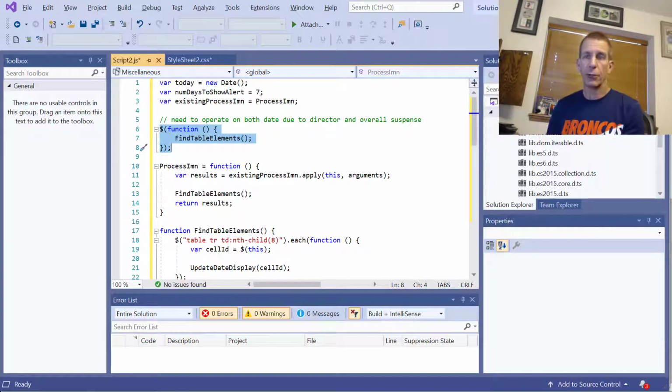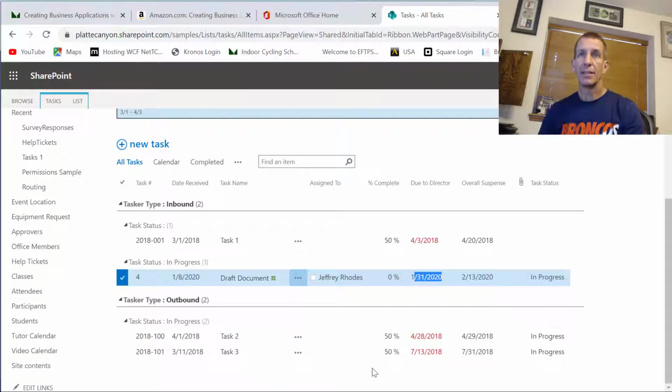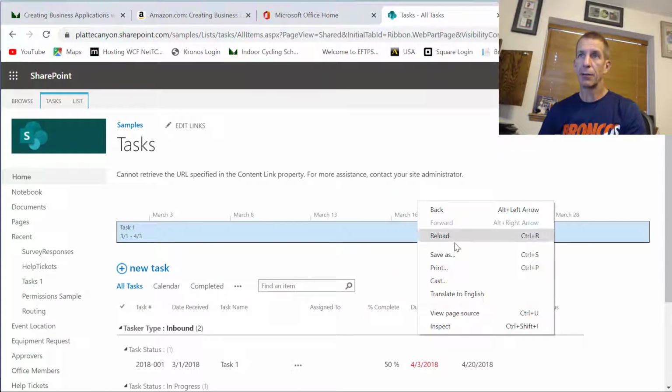So it's a shortcut for document.ready, and it basically says right when the page is completely loaded, once SharePoint or any other kind of ASP.NET page or whatever has loaded everything in there and it's ready to display in the browser, we call that function. Okay, but if we go back to our page now, the task list is a little different, because if I reload this,